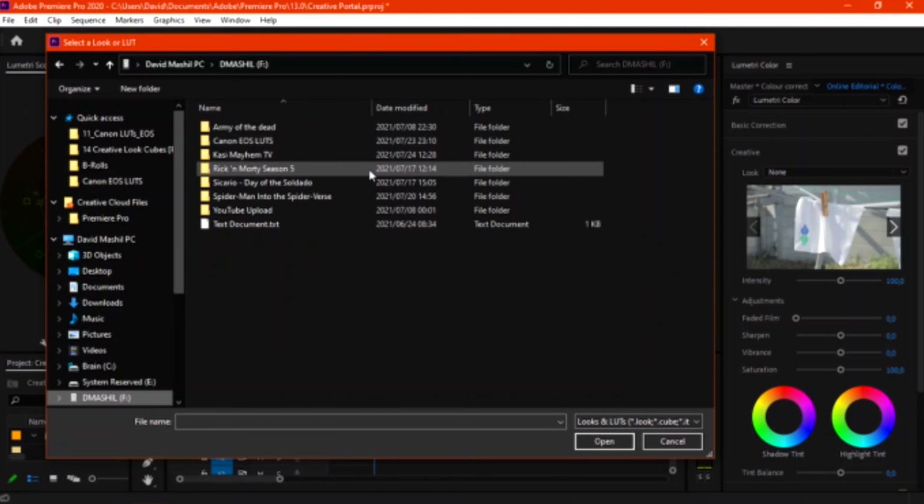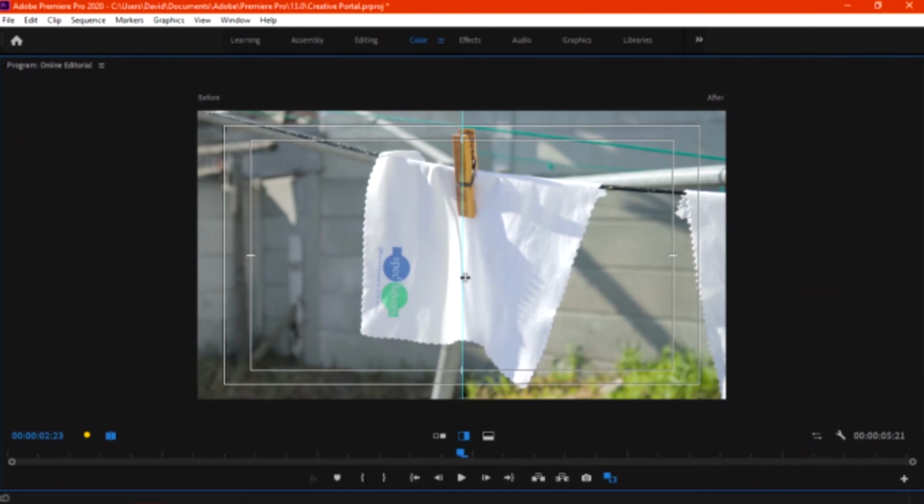And first of all, I just want to say you guys don't have to necessarily worry about this process of applying LUTs. This has nothing to do with actually putting or tracking text onto your video. This is just me color grading my footage to make it look a little bit better.